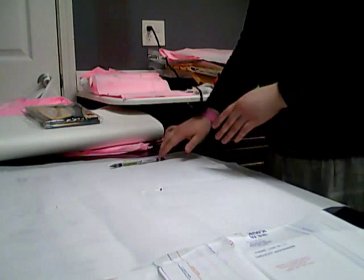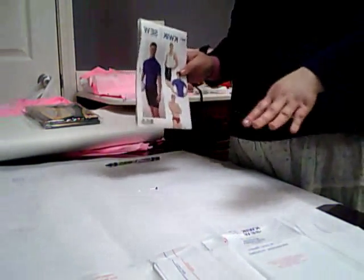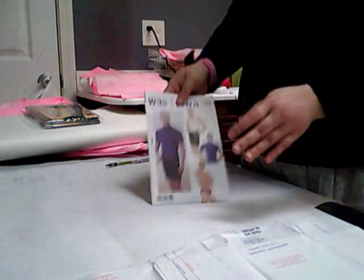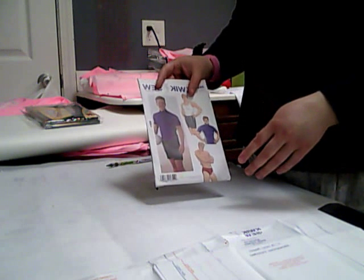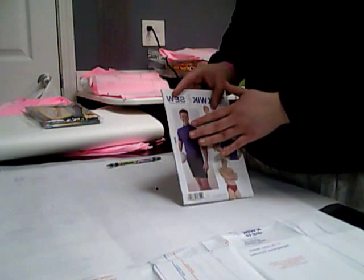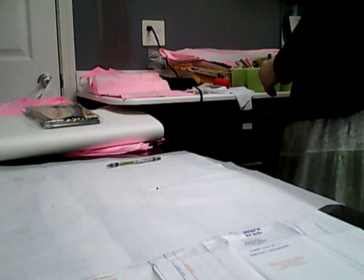Also, I wanted to go over the patterns. Like I said, Quick Sew patterns are my favorite. They are paper patterns, not that nasty tissue stuff that rips and tears every time you put a pin in it. This is the pattern I am doing for my husband. He is getting the shirt and the shorts. I am also using the shirt for myself, but I am going to line the front, and also I am going to use